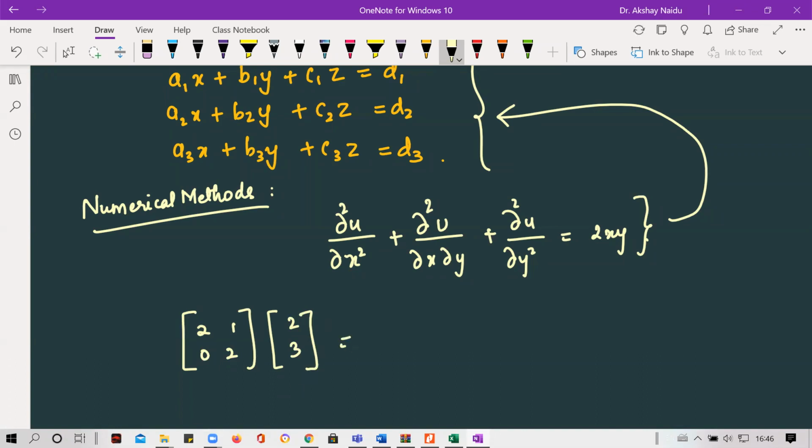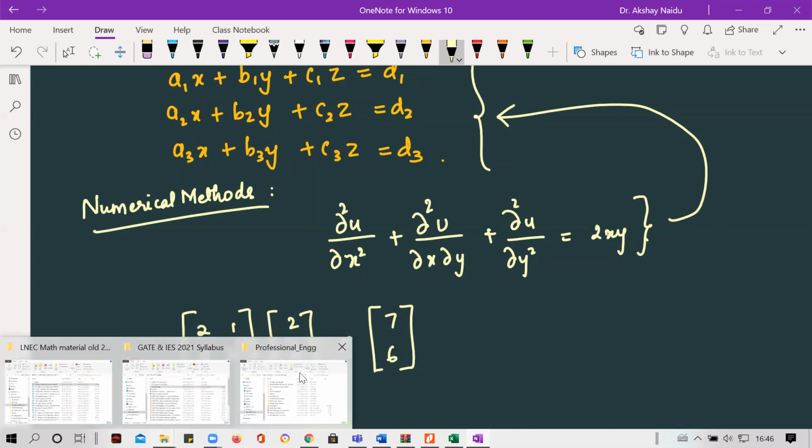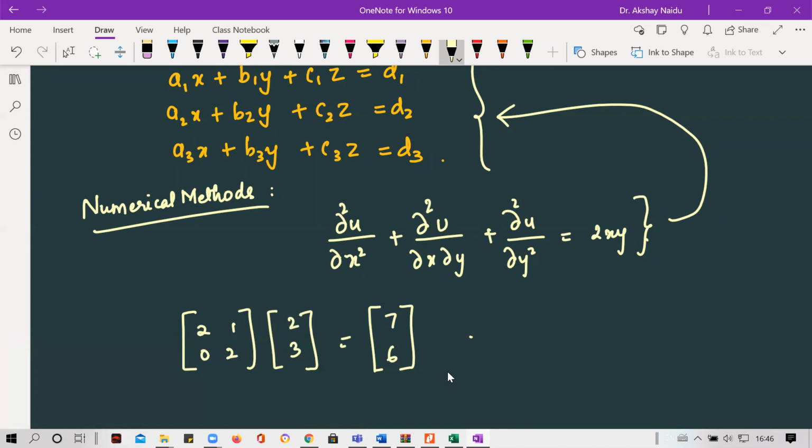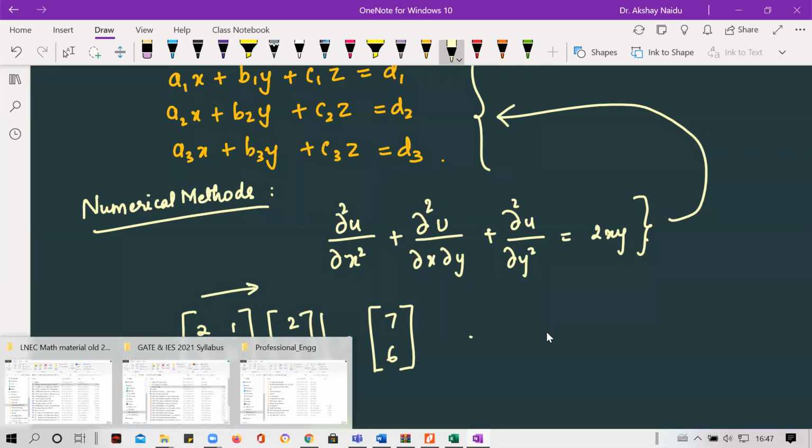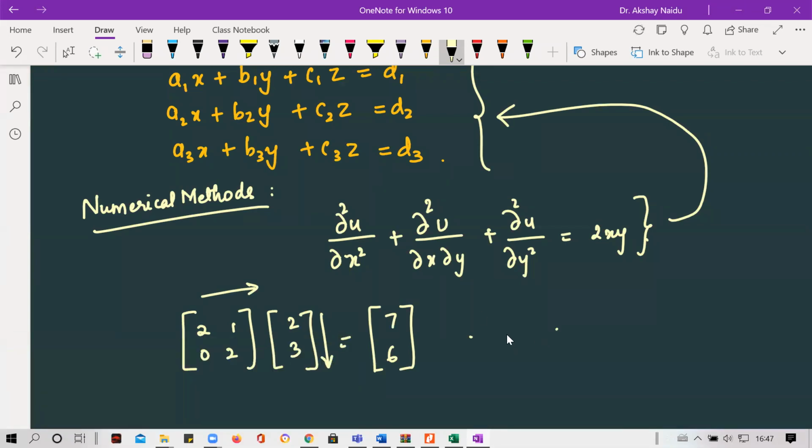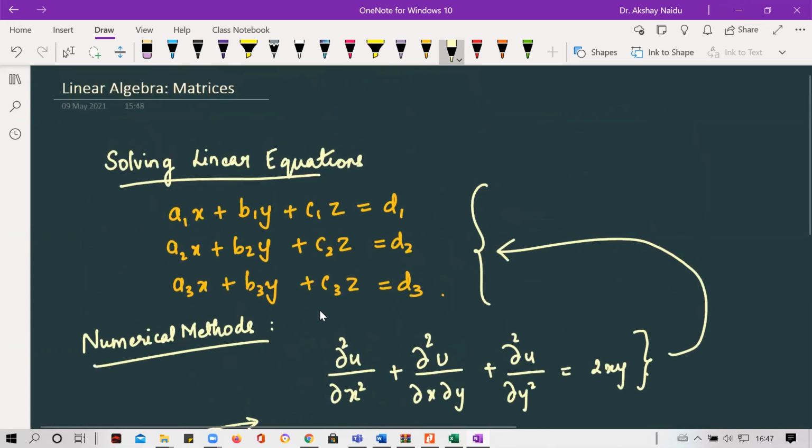So this matrix multiplication we know is 2 into 2, 4, plus 3, 7, and this is 0 into 0 plus 6, 6. So we multiply the row with the column elements. So I wondered why this is so, and the answer lies later in solving